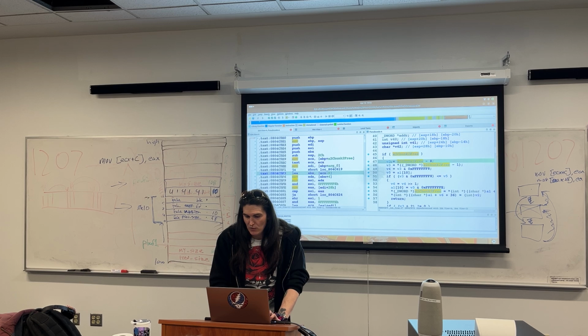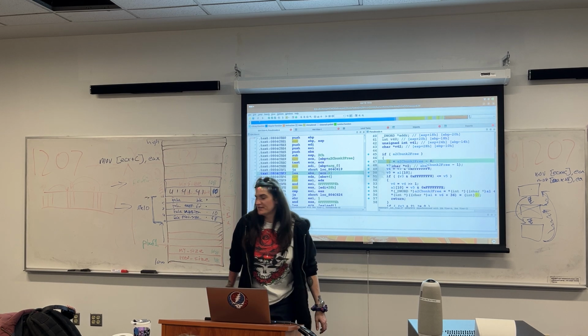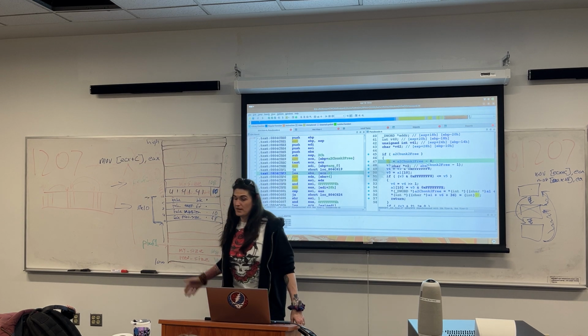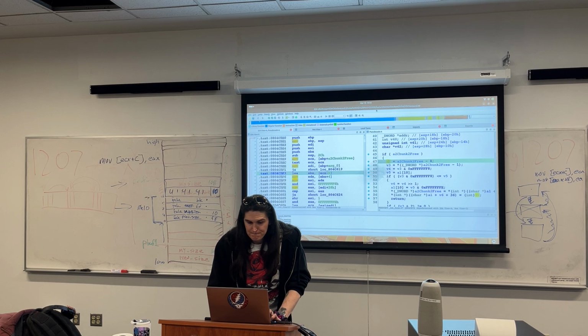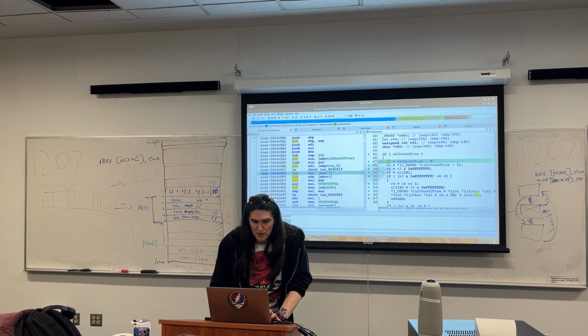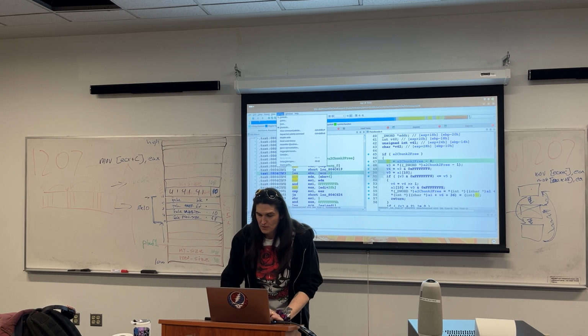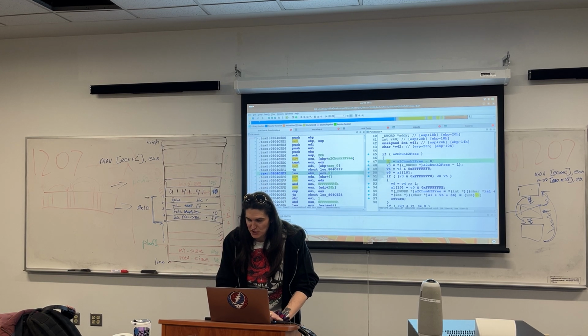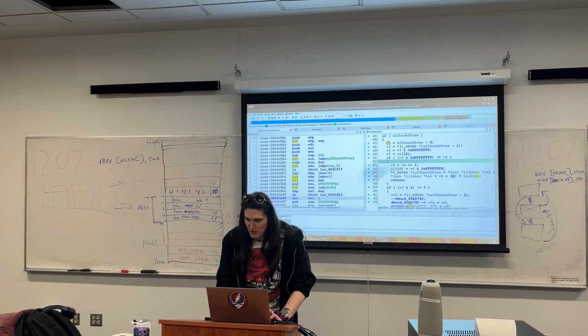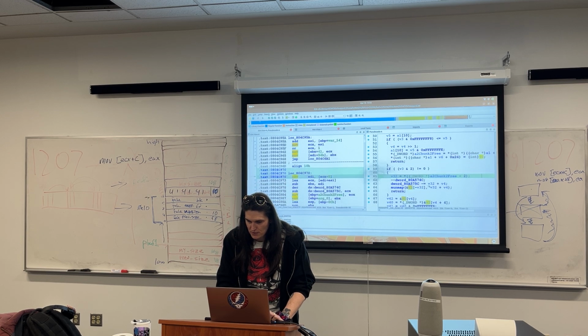And so now V2 is going to be of type chunk header, right? So when you are doing reverse engineering, whether you know what's going on or not, you are going to want to be building structures for everything. So let's imagine for a second we don't know exactly what this is. We're going to look at V2